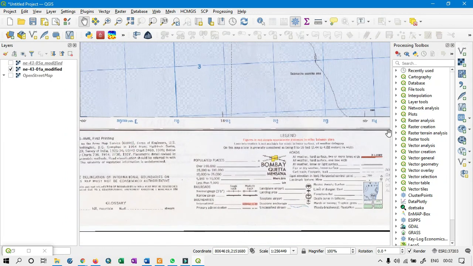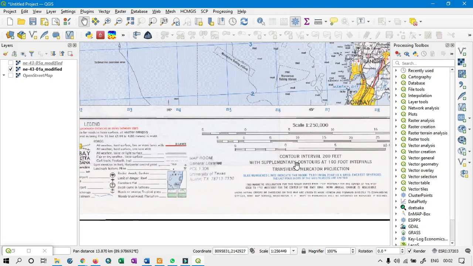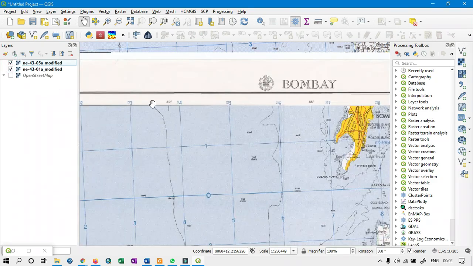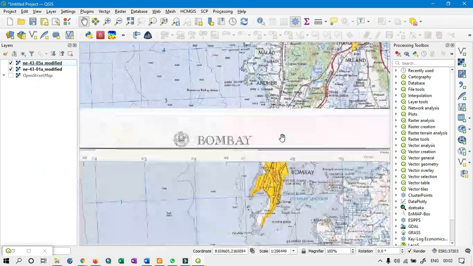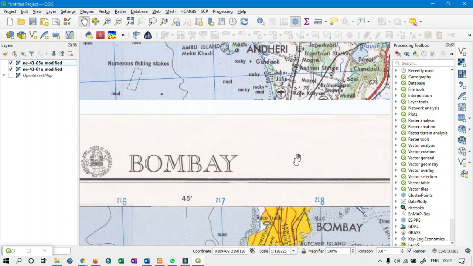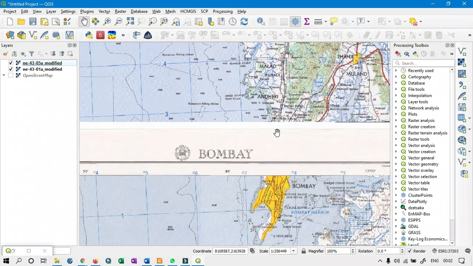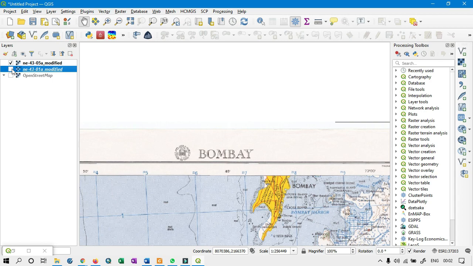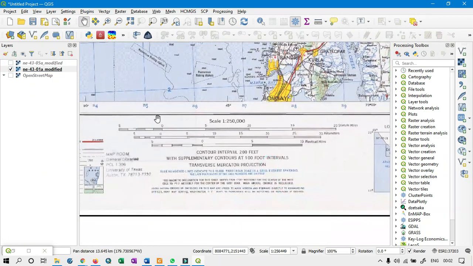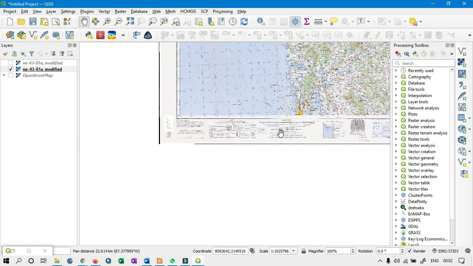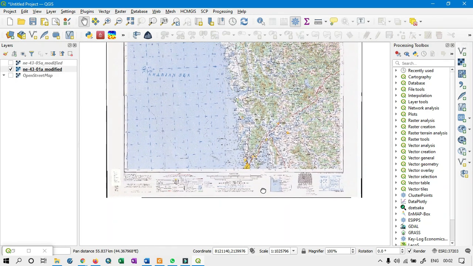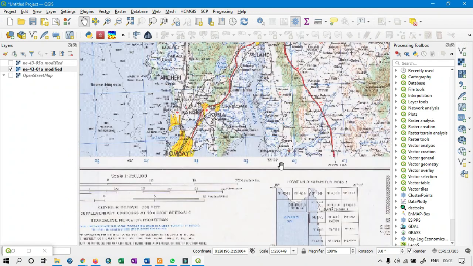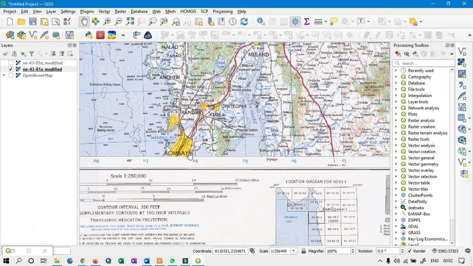This information is important for identification of the map features, but if I want to join these maps, we can't, because there are certain portions which are blank. We need images where we have a continuous map.